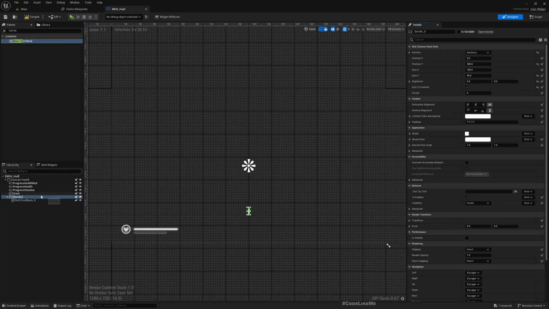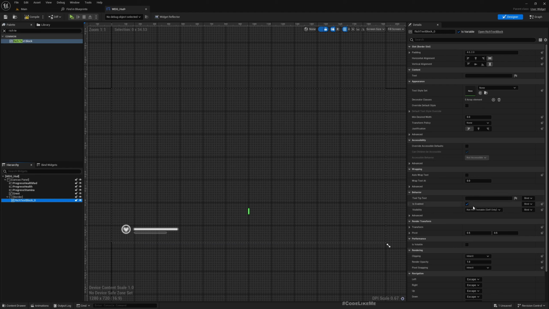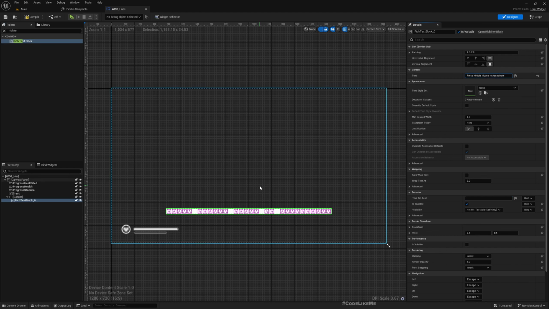So for now we don't have any content, but let's add something like this, press middle mouse to assassinate. Oh, that's the tooltip. I should have typed that in the text. And here you see, now it looks like these blocks. So the reason is